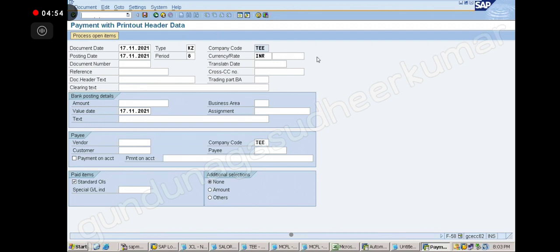Excuse me, sir. Yes. If the vendor is paying 50,000 cash and 20,000 check, sir, how we can take printout of check 20,000